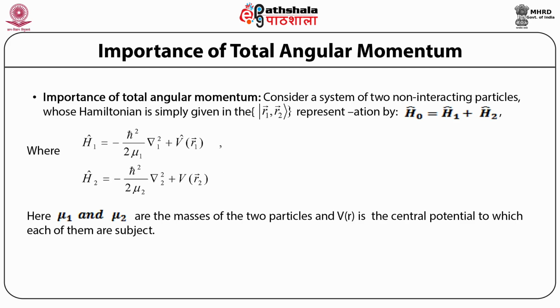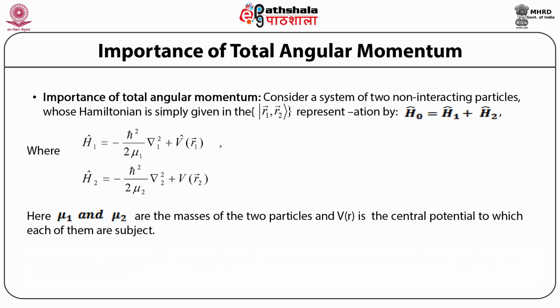So let us first examine the importance of the total angular momentum, which has so crucial a role to play, to introduce the coupled representation, or the ket vector R1 vector, R2 vector, where R1 vector and R2 vector represent the position vectors of these two non-interacting particles. The Hamiltonian for these non-interacting particles is represented by operator H0 is equal to operator H1 plus operator H2, where operator H0 is the Hamiltonian of the total system. Operator H1 corresponds to the Hamiltonian of the first non-interacting particle, and operator H2 corresponds to the Hamiltonian of the second non-interacting particle,